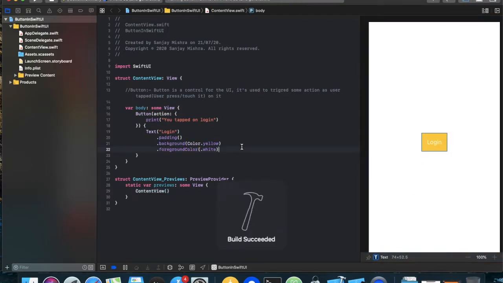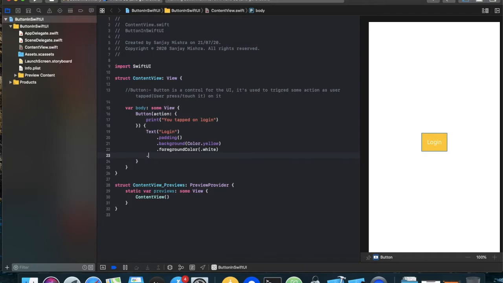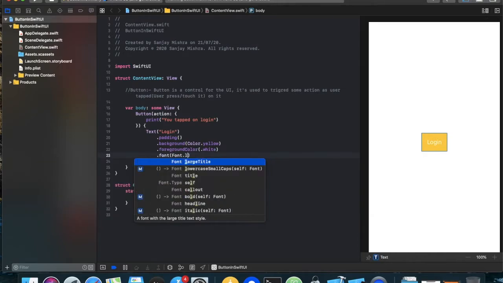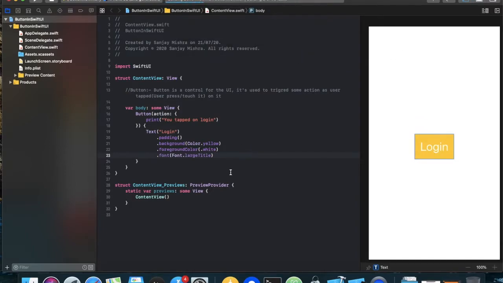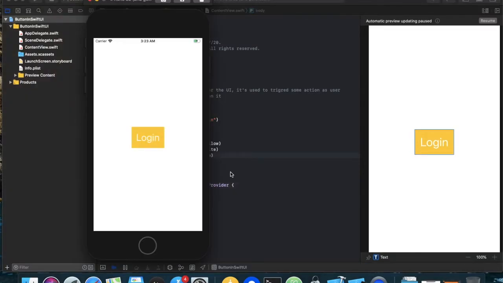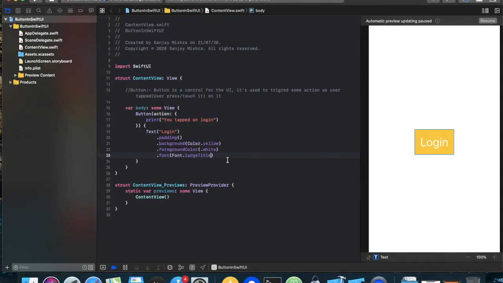Similarly we can set a stylish font as well. Font dot font, like large title. So it will show the font in a larger than usual form. So this is how we can simply design a button and also apply some styling as well.